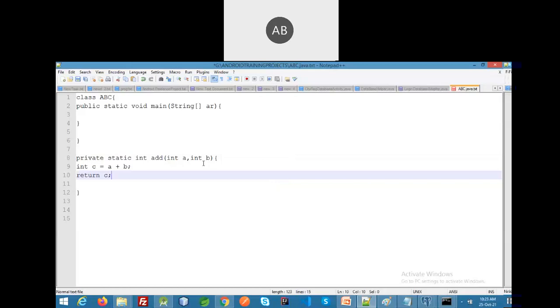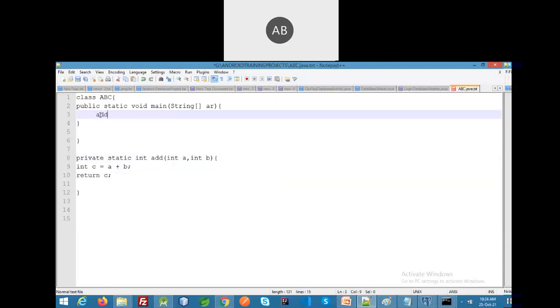You are going to return the C. The same addition function we will perform in our calculator application. So that is why it becomes important for us to understand it. This is the calling of the function. Fine. So from the main function, we are going to call this method